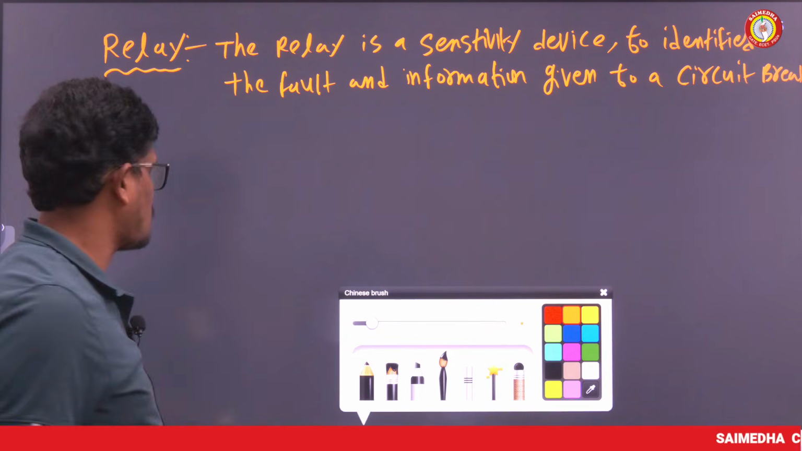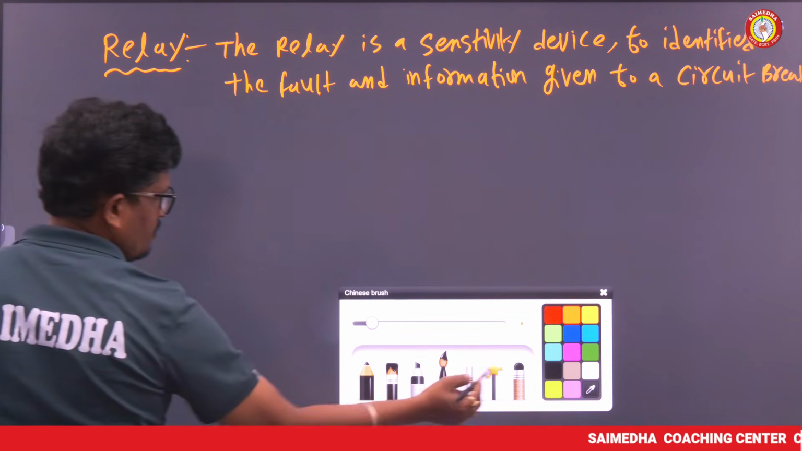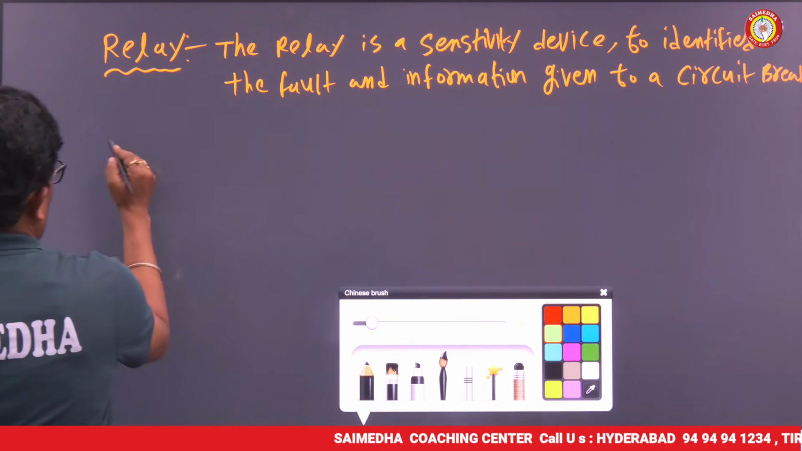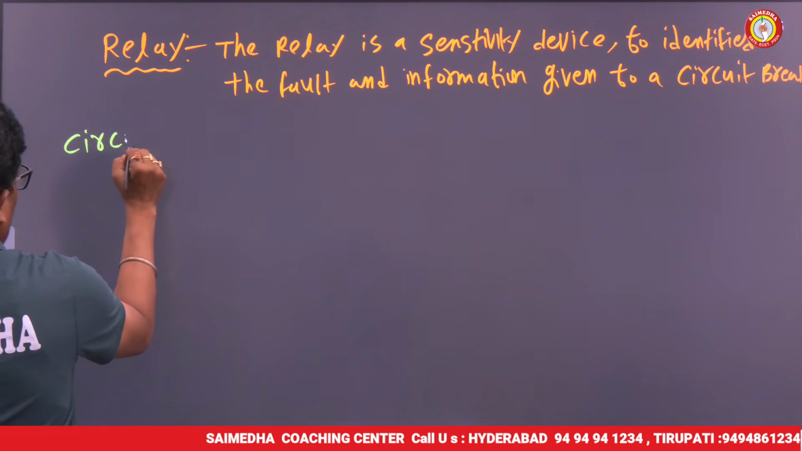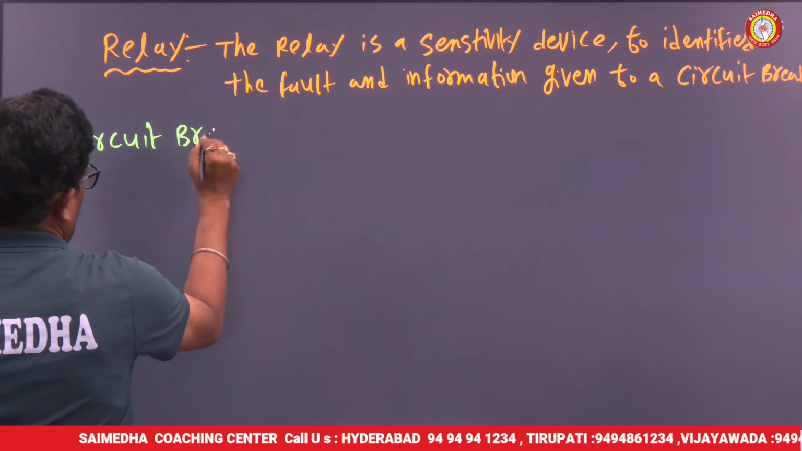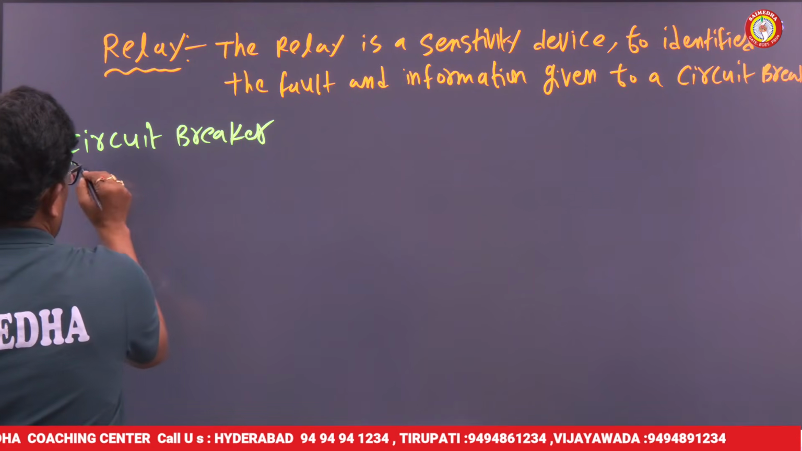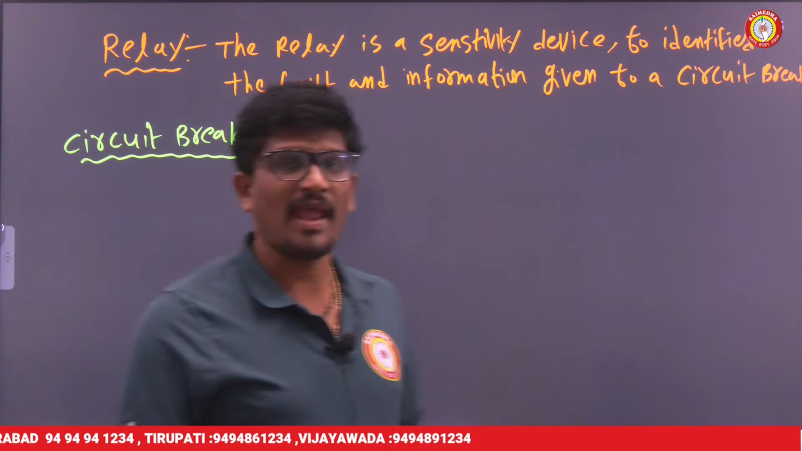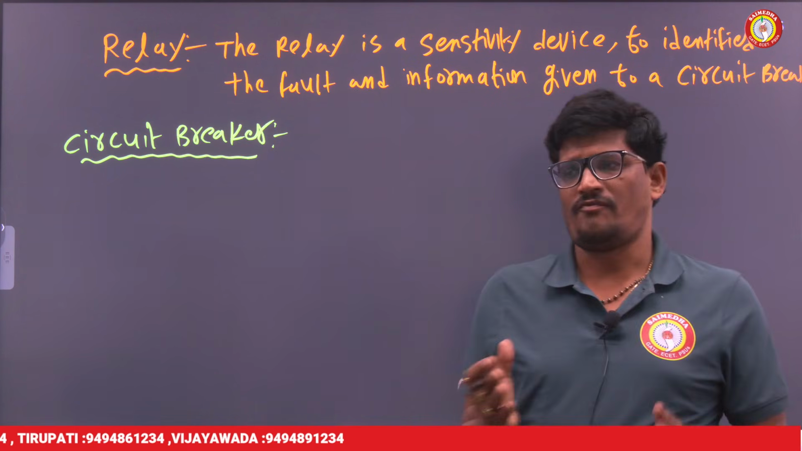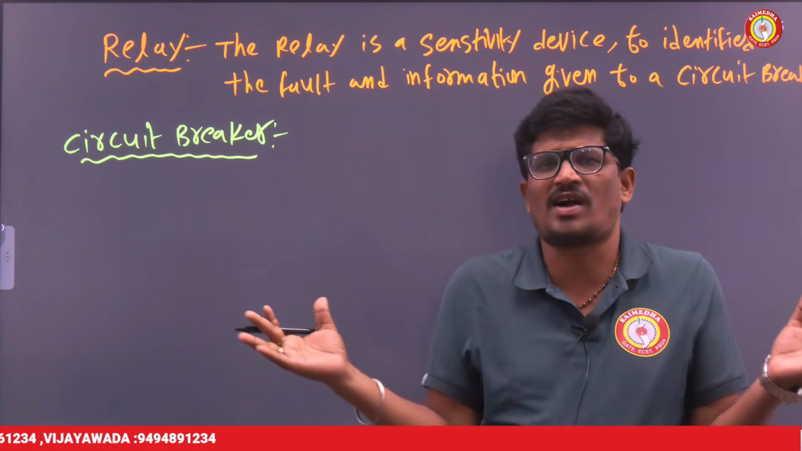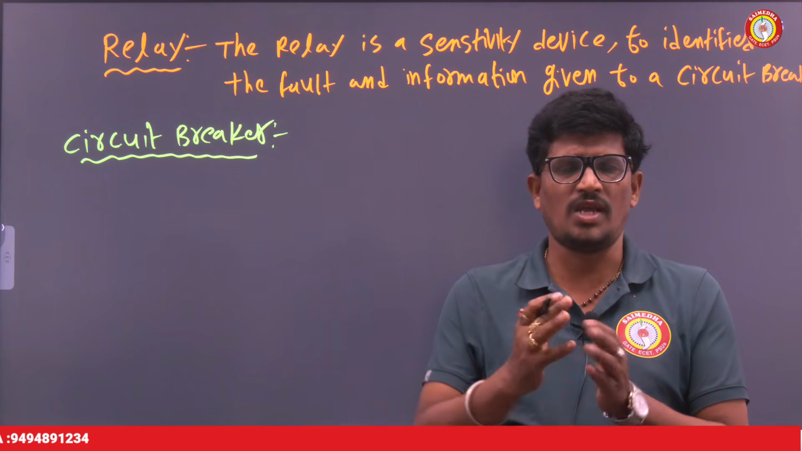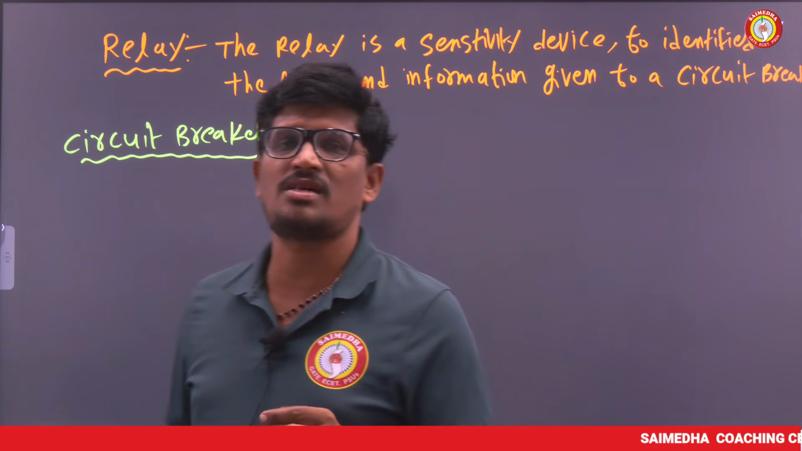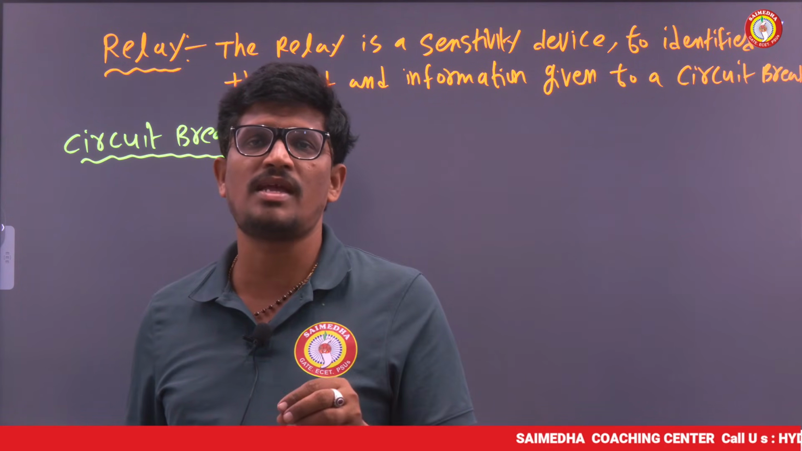Okay, and the next device is what? Circuit breaker. Why is the circuit breaker very popular nowadays? What is the reason? The function of fuse and circuit breaker is almost the same, to eliminate the fault. But compared to the fuse, the circuit breaker is very popular because the circuit breaker is